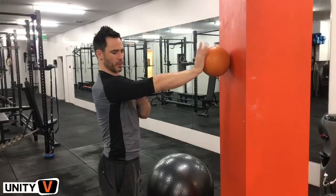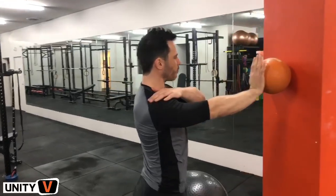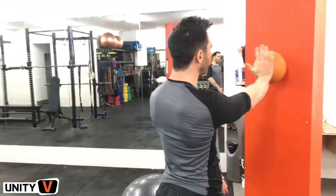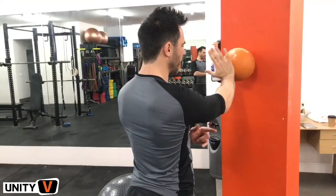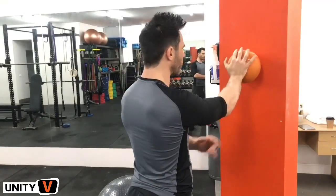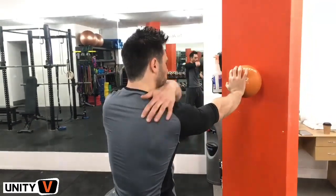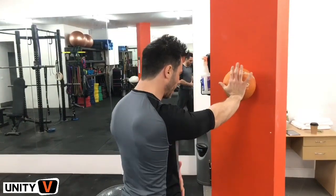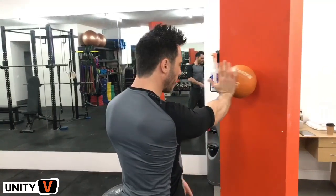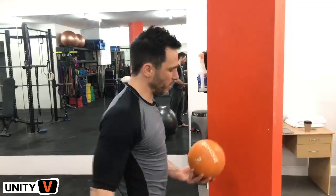Now I'm going to go full on, watch what happens to my shoulder. I'm going to retract and depress. So full on retraction and depression. And then I'm going to go from 9 o'clock to 3 o'clock, whilst keeping the elbow straight. If I'm doing this and bending my arm, I'm doing the wrong thing. If I come back and my shoulder moves forward like that, see now my shoulder's protracted. So if you watch my scapula, that's wrong. So retraction, I'm pushing in against the wall. Depression, locked out elbow going from 9 o'clock to 3 o'clock. Okay? Now, when you start, you do as many reps as you can,